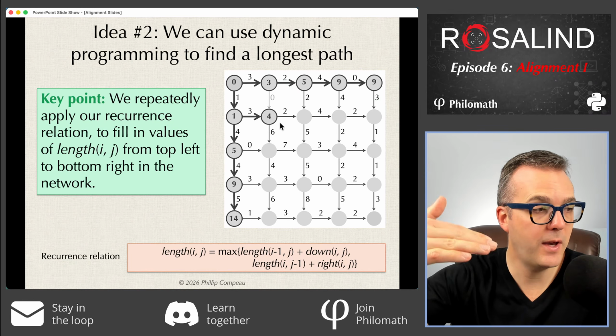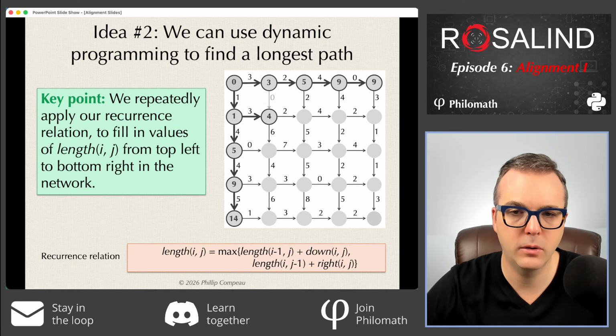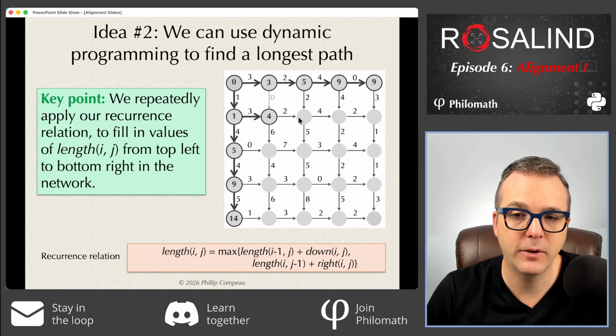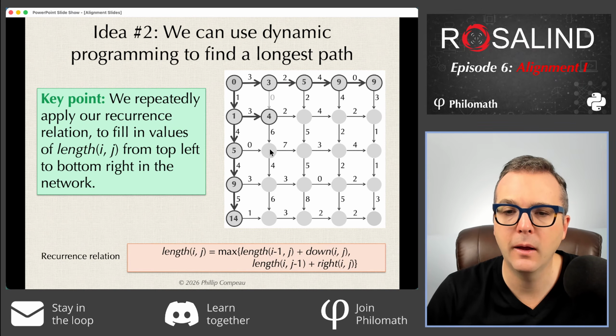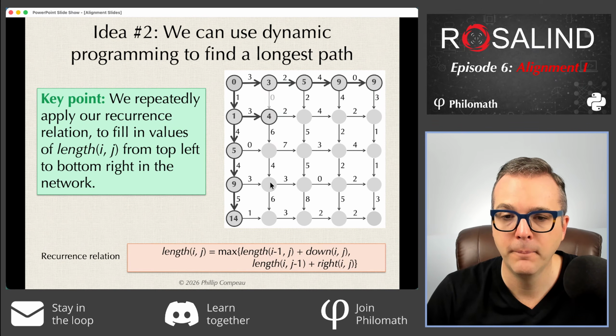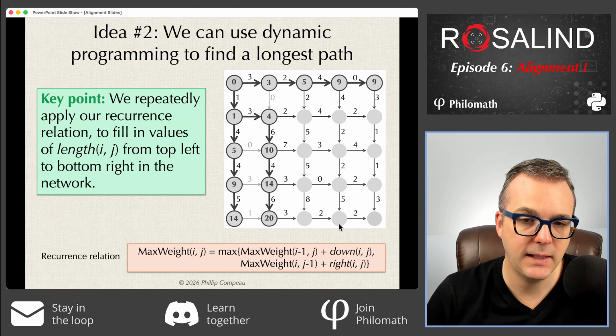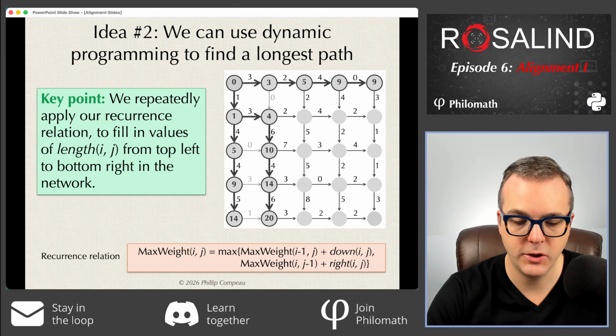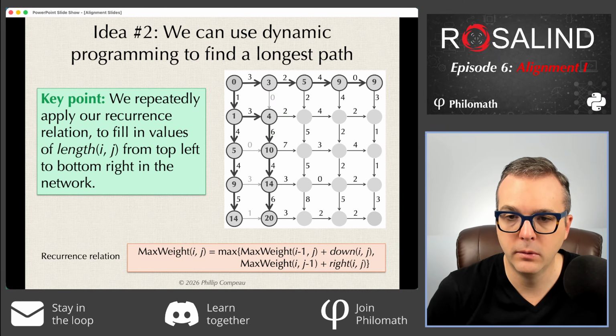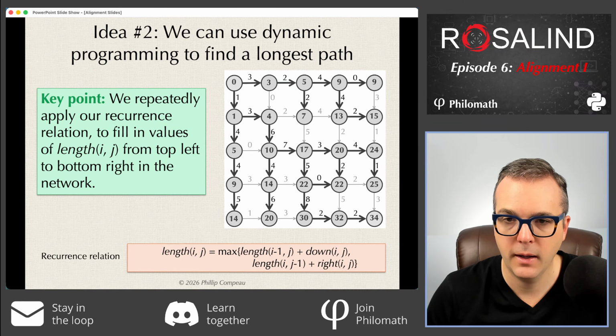In this way, I can move down. Maybe I could go column by column. I also could go row by row. I am now able to set either this value or this value. Let's set this value, and I'm going to say, what's bigger, 4 plus 6 or 5 plus 0? Well, it's 10. And so this value becomes 10. Similarly, 10 plus 4 is bigger than 9 plus 3, so this becomes 14. And 14 plus 6 is bigger than 14 plus 1, so that last value becomes 20. Now it's just a matter of applying my recurrence relation over and over, column by column, and eventually getting a